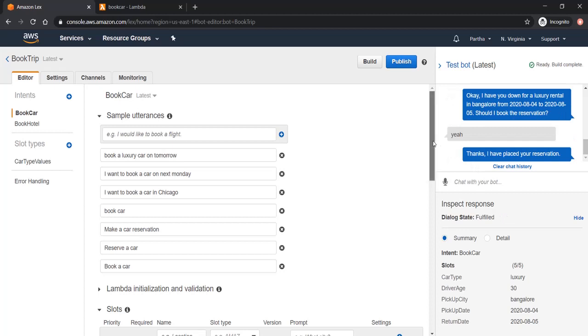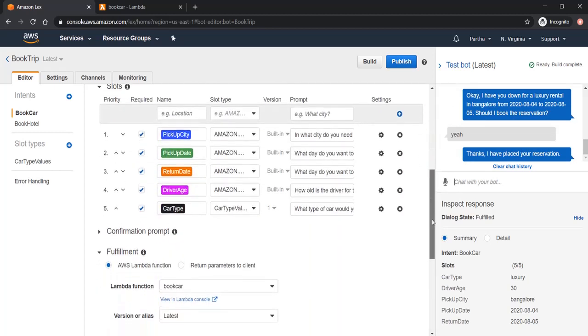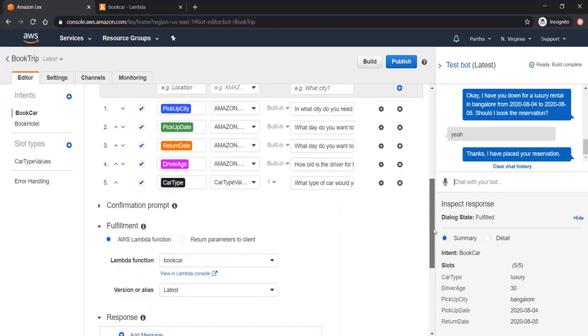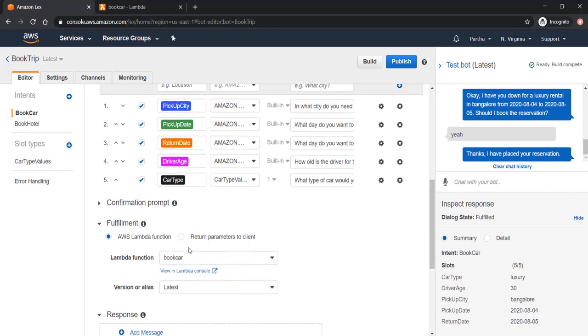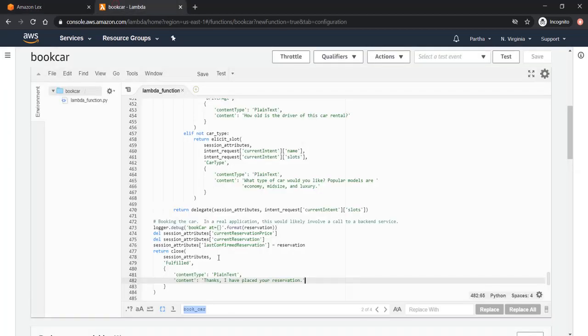Now in this case you can see it is not returning the default parameterized values to my bot, because I actually switched from return parameter to client to AWS Lambda function, and basically this particular return message is coming from my Lambda function, and that is this one. So in the next section, what we'll do is we'll invoke external API and we'll post our data to our actual database table.